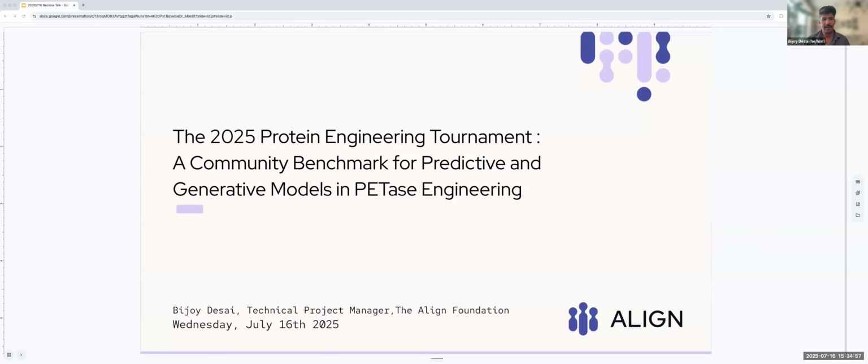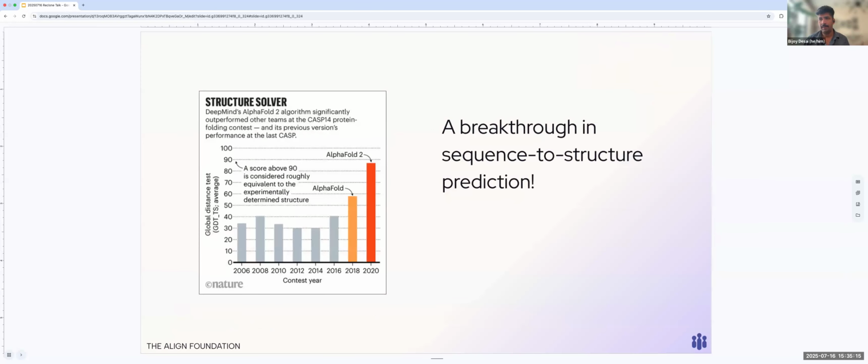So, hi everyone, I'm Bijoy Desai, and I will be talking about our upcoming 2025 protein engineering tournament. But before that, I would like to start with a little bit of an introduction, just to give you a sense of what is currently missing in the field of integrating AI into biology